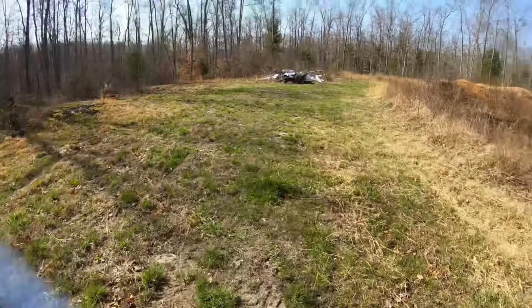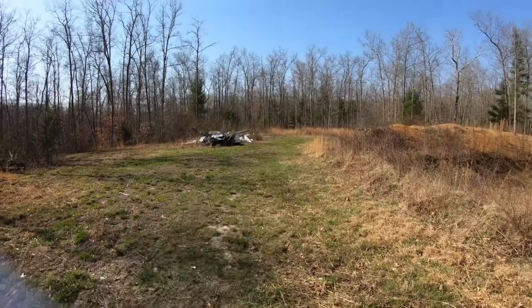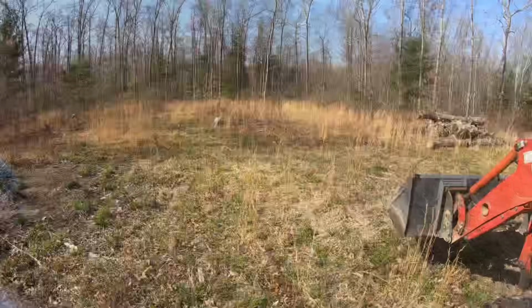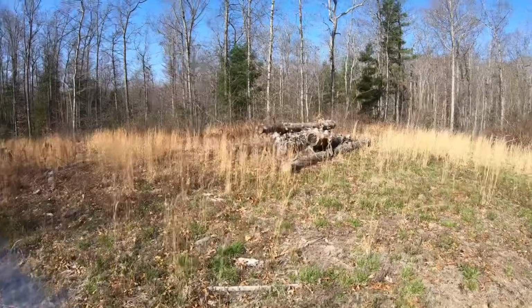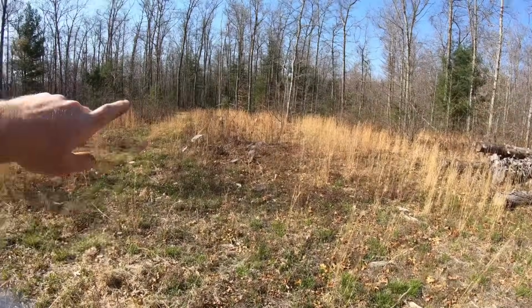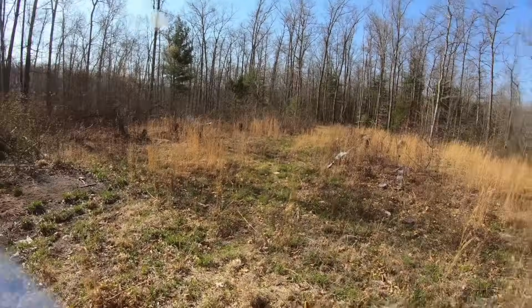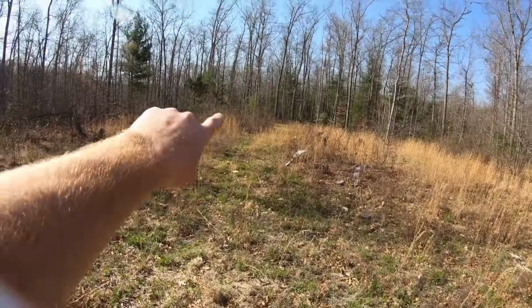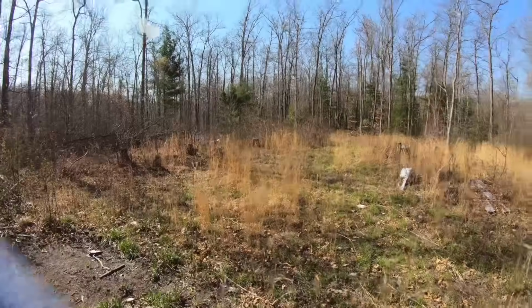Good. So of course I could have finished mowing that. So we're gonna go back there and get some rougher stuff. Let's take a look so we have a good before and after. So here's the log pile. And that just goes back. There's a bunch of stumps in here. It's kind of why it's like that. And then over here there's a bunch of thick brush, nothing it shouldn't handle, but